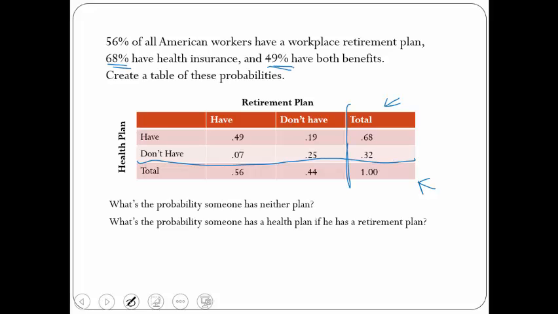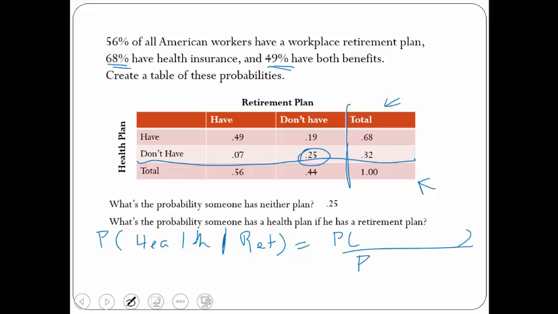So what's the probability somebody has neither plan? Well, that's sitting right there. No and no, 0.25. What's the probability they have a health plan if we know they have a retirement plan? Again, let's turn that into conditional. Probability they have health given a retirement plan. And once we have that conditional written, we can then write that conditional all the way out,